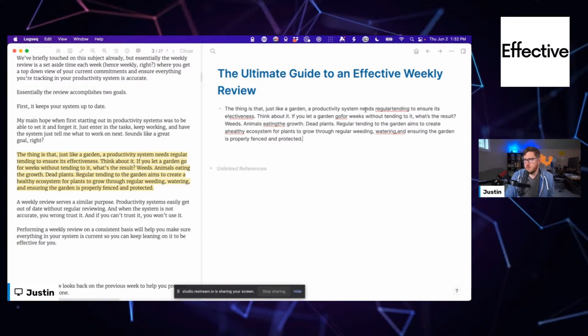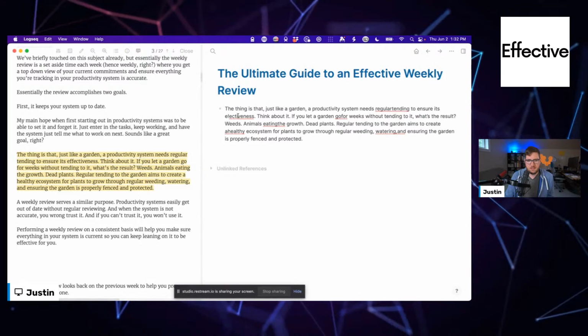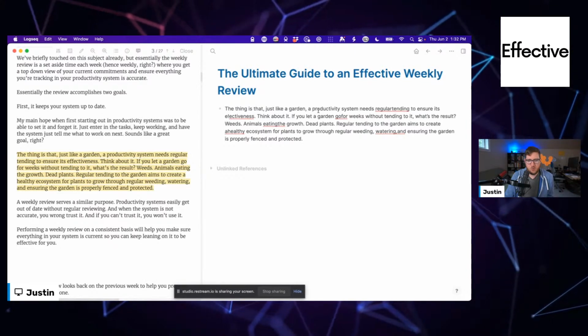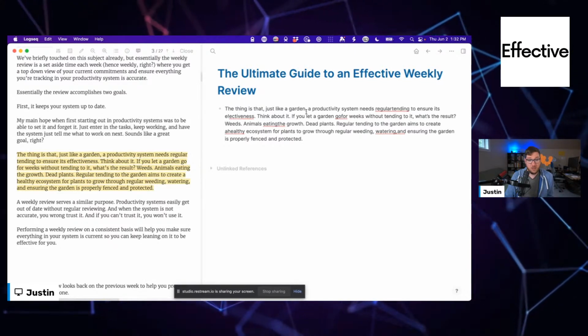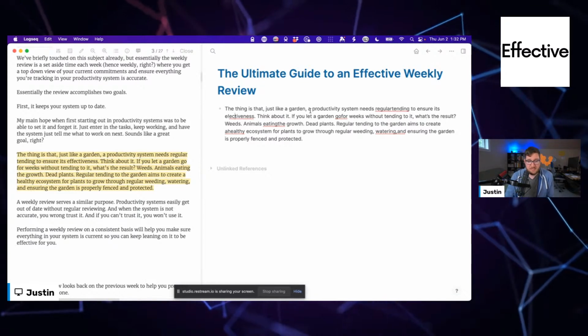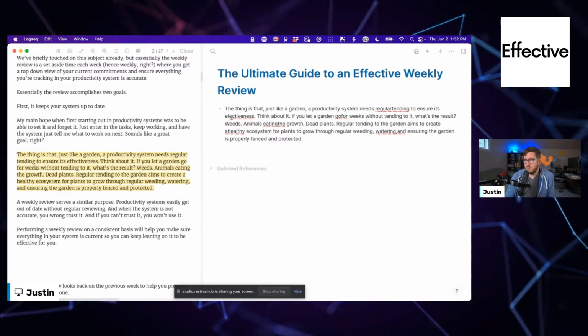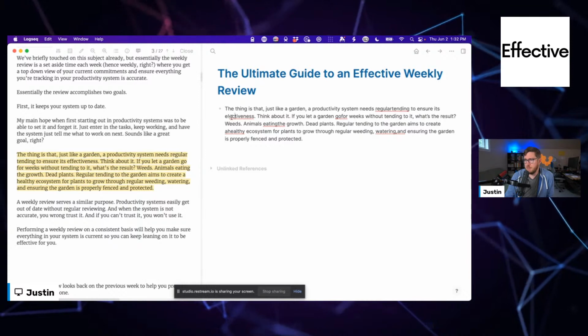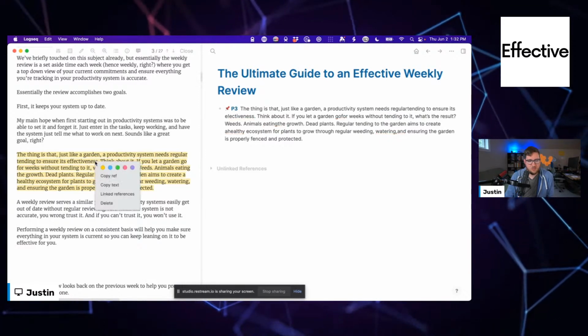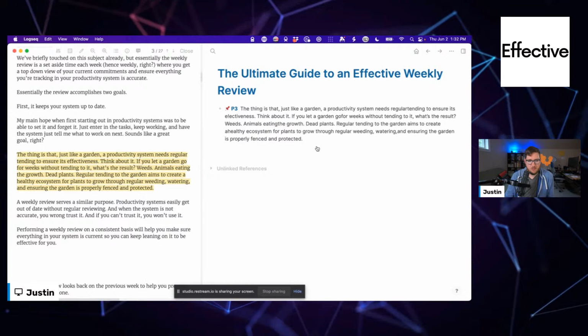Yeah, so I see what you mean there, Torin, about this. It can be a little goofy. But it's really cool how it just pulls it straight over into a bullet. I like that a lot. If they could refine highlighting and pasting the highlighted reference to your note. Okay, copy reference.